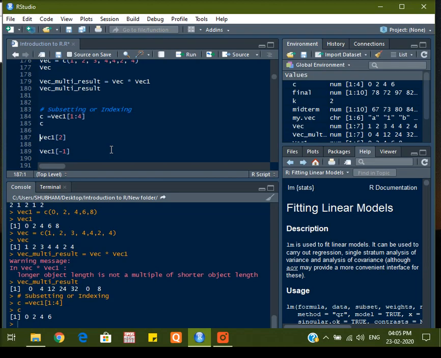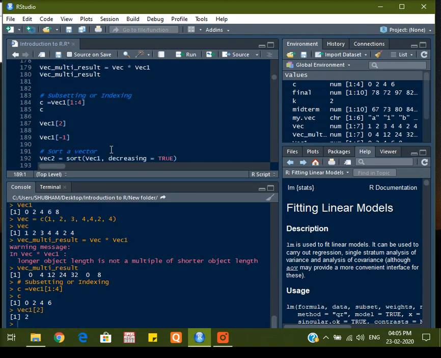Suppose now I just want to extract the second element of that vector. So instead of a sequence, now I want only the second index, the second element. I just need to write 2 inside the square brackets, which gives 2.